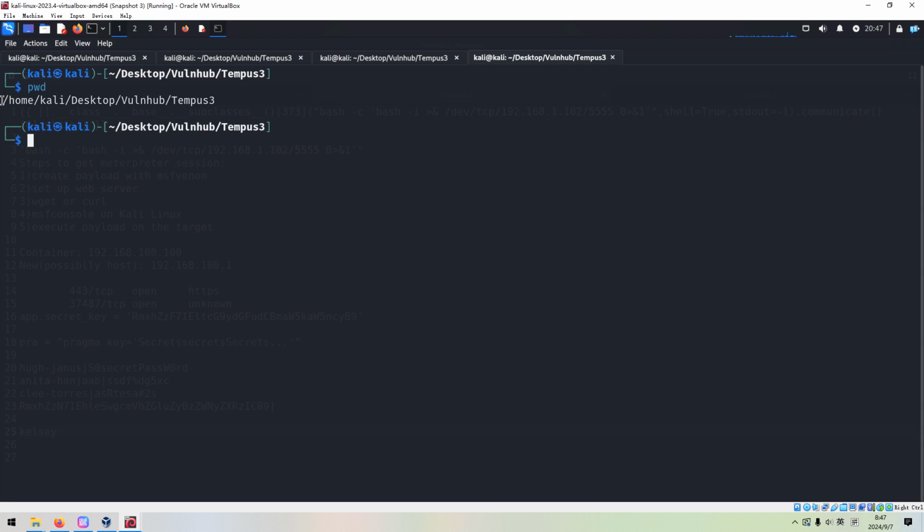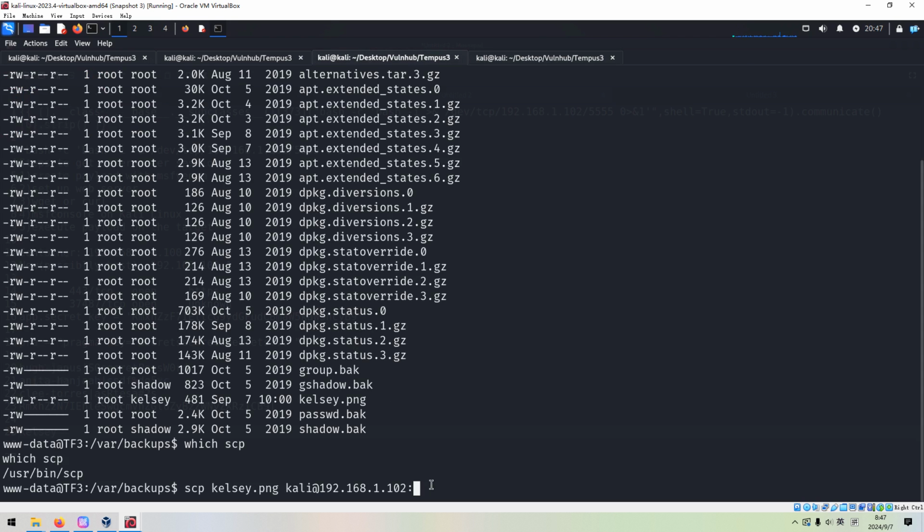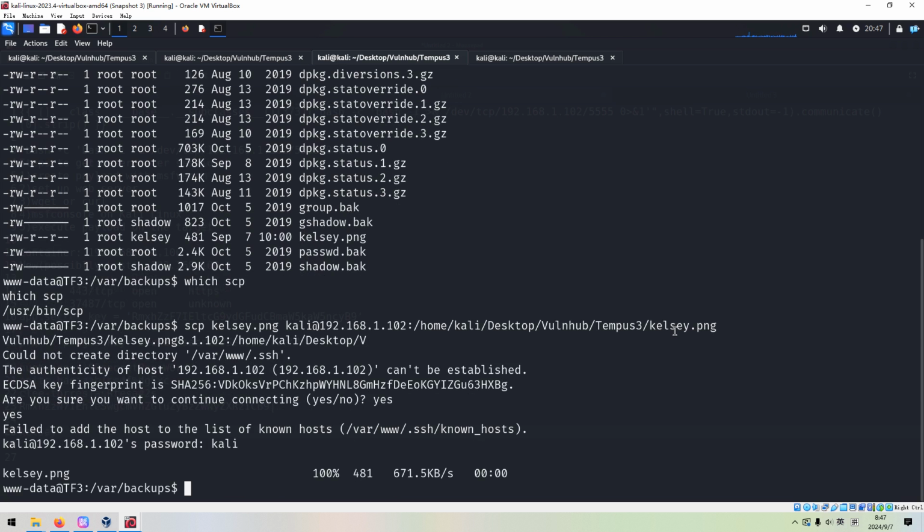So we can copy the absolute path of the working directory, and then we can copy this file name to avoid mistakes. Yes. Okay, it's done.